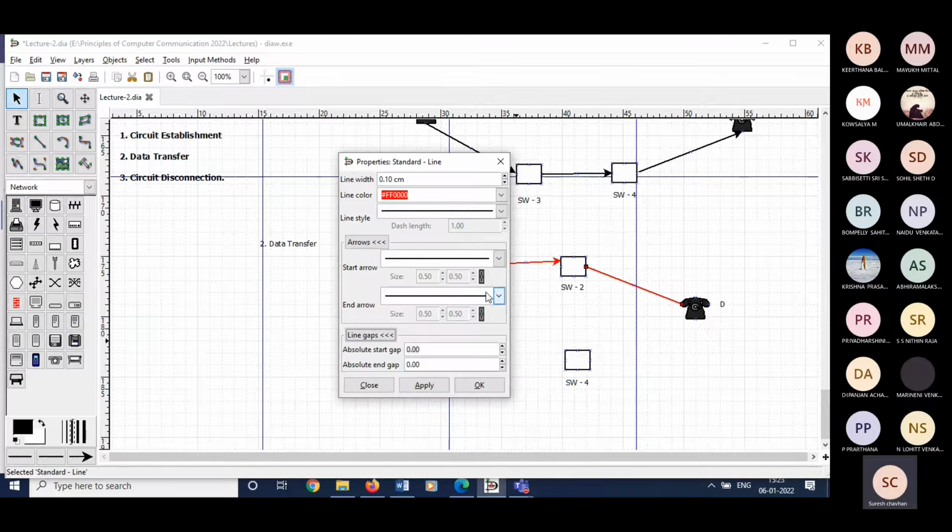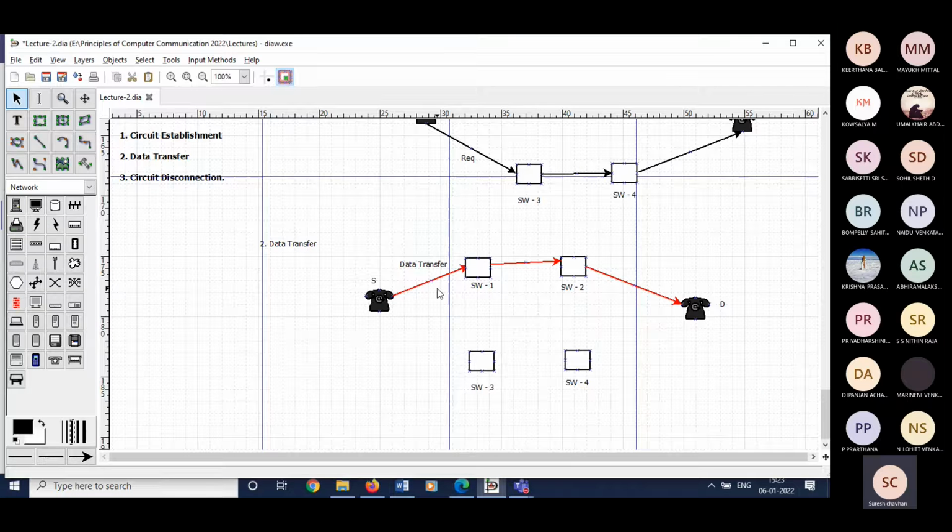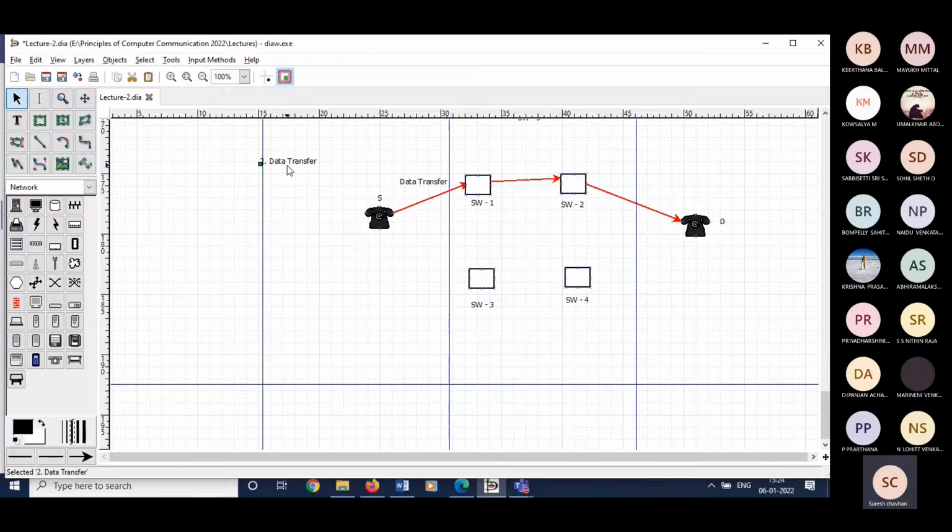So data will be sent to D through switch 1 and 2. So this is the data transfer. Whatever the amount of data, whatever the amount of time S wants to communicate with D, that amount of time this route will be dedicated only to S, not to anyone else. So this bandwidth is always fixed. Then we come to the last phase, which we call the